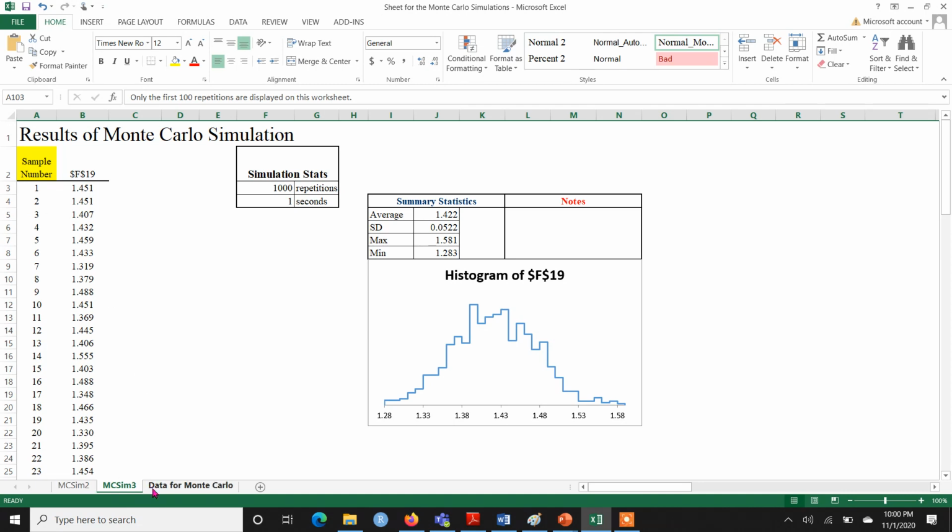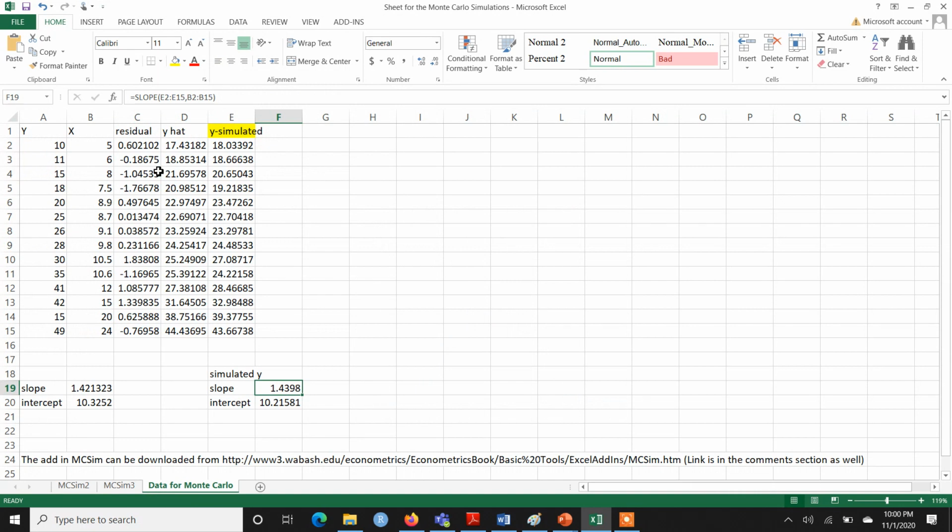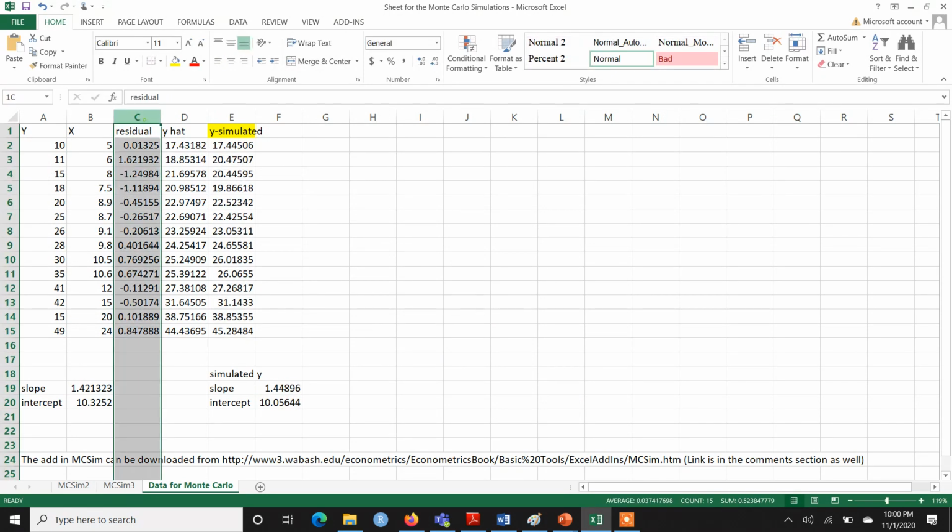Now you would be wondering how the repetition has been done 1000 times. If you go back to the data sheet, what the Monte Carlo simulation is doing is that, like we draw a random number here, this is one realization, or one iteration. So in the background, Microsoft Excel, using the MCSim add-in, has done this procedure 1000 times, generating this column 1000 times.